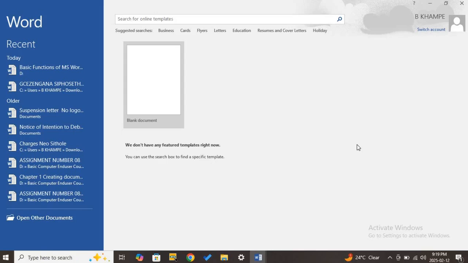Now, let's look at another step, the second step, because we were dealing with the first step, which was opening Microsoft Word. The second step is to create a new document. Once we opened Microsoft Word like we did right now, we then click on File,